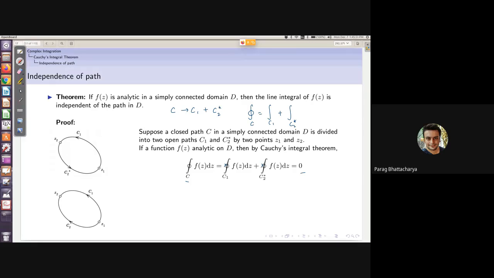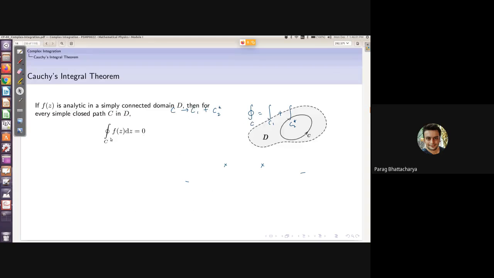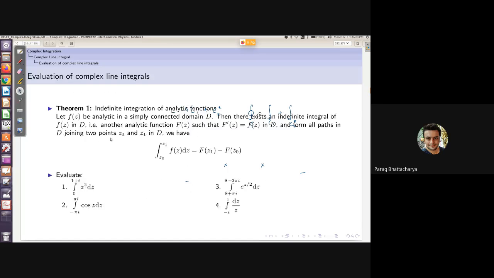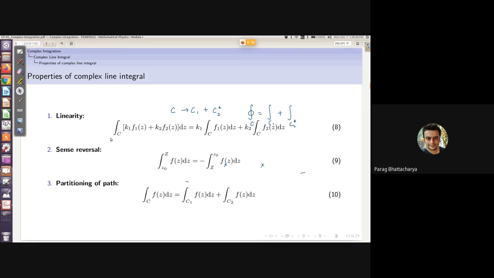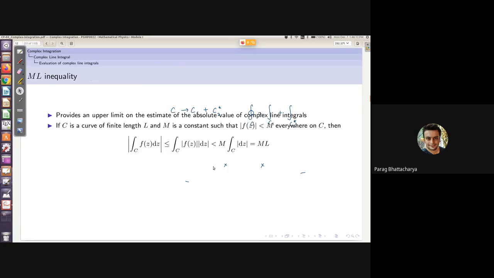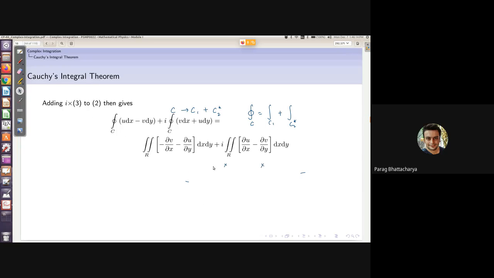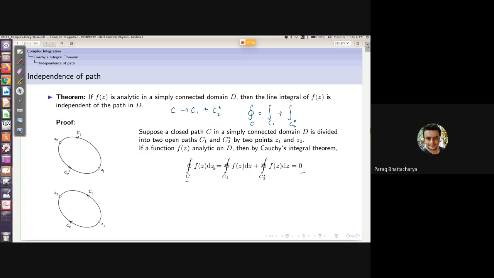Okay, this one is from the property of partitioning of path. We had done these properties of the line integral. I think it's somewhere here in the very same set of slides. The properties of line integral, you see, partitioning of path. I've used this partitioning of path property. So I have partitioned the path into two parts, and the total integral over the entire path will be the sum of the integrals over the two partitions. Okay, then now what I can do is this one, C2.